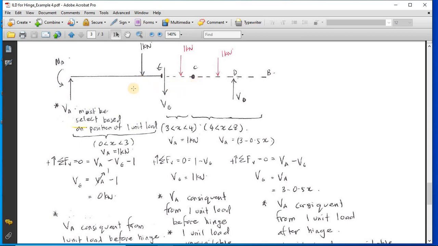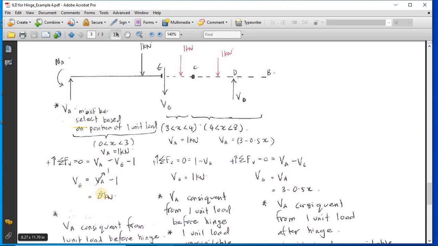Okay, so this range is based on where the 1 unit load is before point E and before the hinge. So in other words, you need to consider that the VA must be based on the first set. So from the first set, the VA is equal to 1 kilonewton. Okay, so by substituting the value of VA into this equation, you can see that the VE is